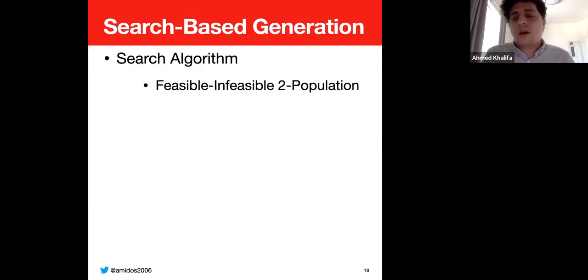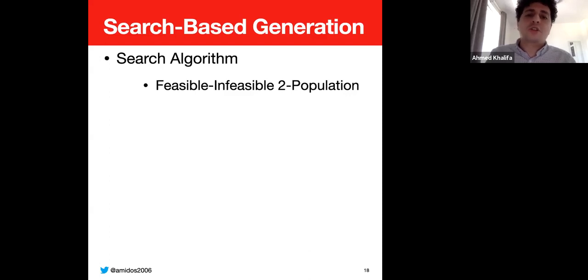So I started designing the first algorithm. I was looking at a couple of old research papers, and I found that search-based approaches are very commonly used, which usually use an optimization algorithm. So I decided to use an algorithm called feasible-infeasible two-population, which is just an optimization algorithm that